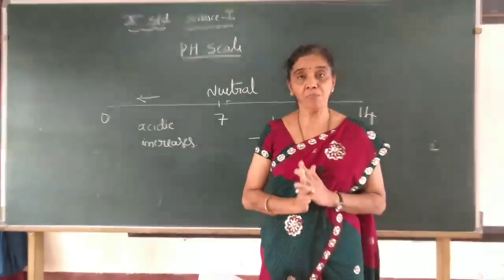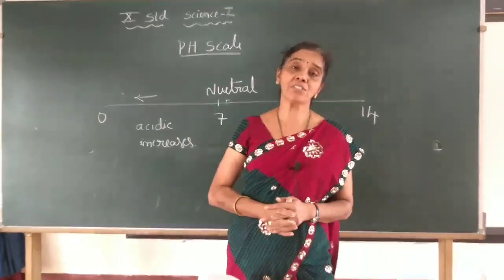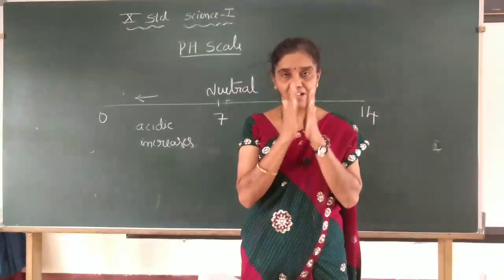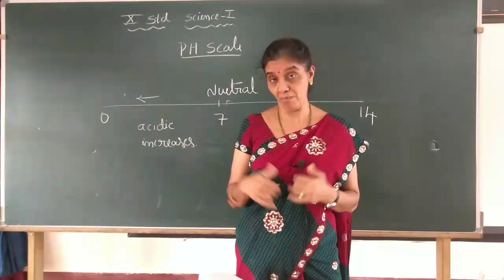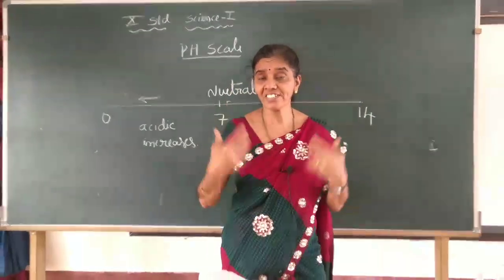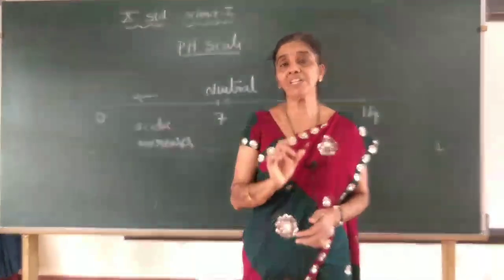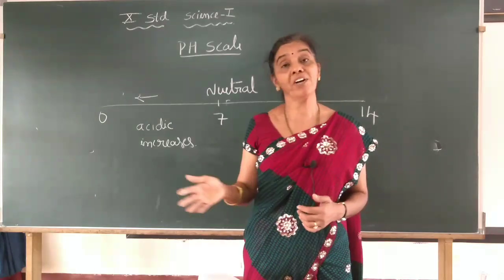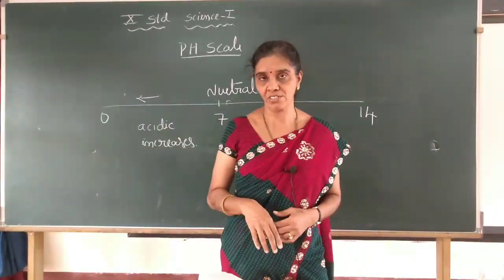Now what is the use of pH in our daily life? You have seen that some organisms survive in nature only in a small range of pH. And even in our human bodies, different reactions and metabolic actions take place depending on the pH. When the pH of our body is between 7 to 7.8, within that range the metabolic reactions take place.